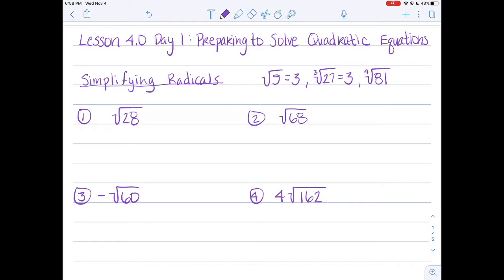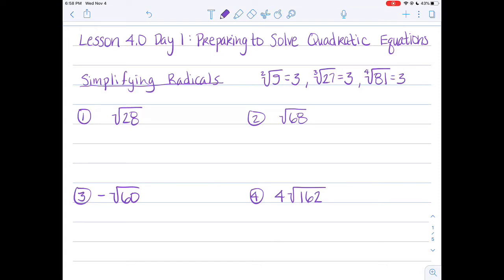So the fourth root of 81, we ask ourselves, what can we multiply by itself 4 times that will multiply to be 81, and that's also a 3 because 3 times 3 times 3 times 3 is 81. We normally don't write the 2 here whenever we have a square root. That's implied. So the actual symbol that we are using is considered a radical, the general symbol. We can call it specifically a square root or a cubed root or a fourth root, etc.,